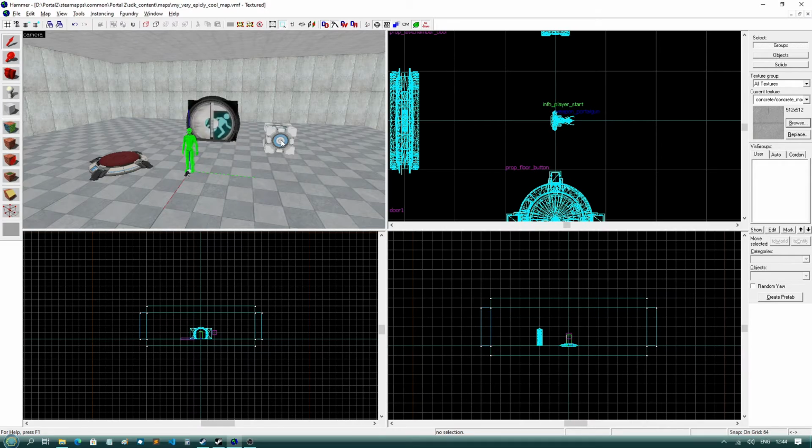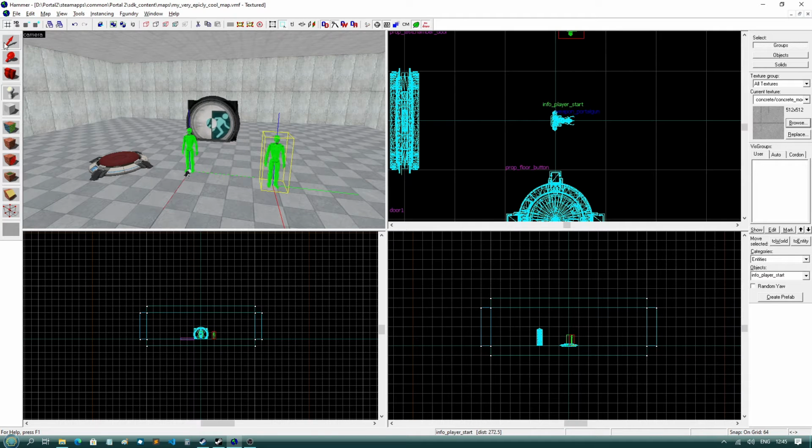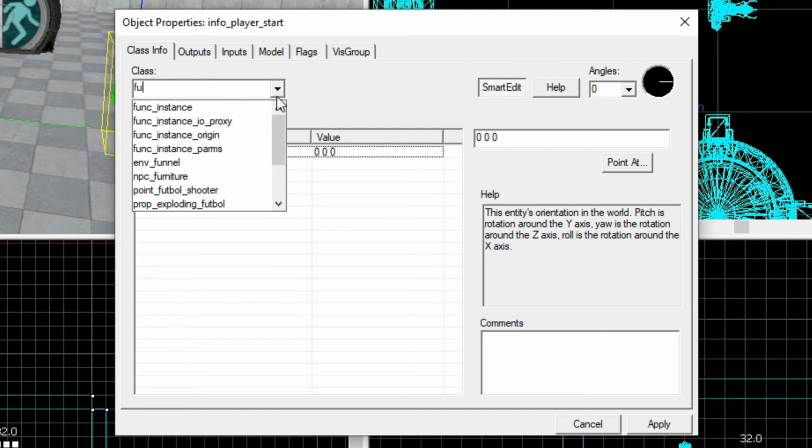Now, this next puzzle element can get a bit tricky, but I will try to explain it as best as I can. If you play a Portal 2 map, and there are cubes in it, there'll more than likely be some cube droppers. Now, to do this is fairly difficult. First of all, you've got to delete your cube. Select the entity tool once again, click somewhere in your level, press Alt Enter, and change it to a func